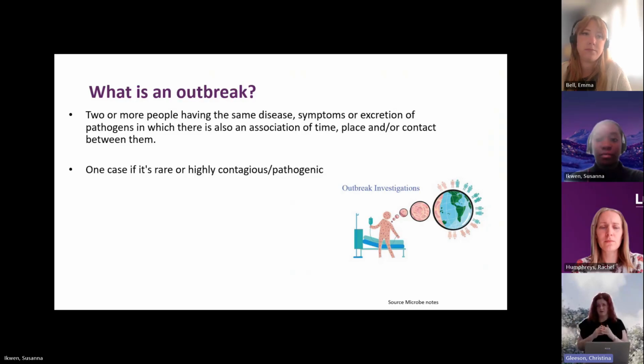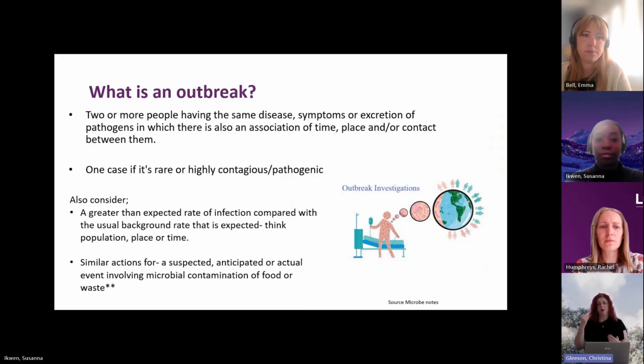And with those infections, the clue is in the title, where they actually have quite a high consequence for public health and wider public health. So one singular case of a high consequence infectious disease would have a larger response. So moving on then, it's also important to consider the expected rate of infection, so how quickly it's going to spread within the population.